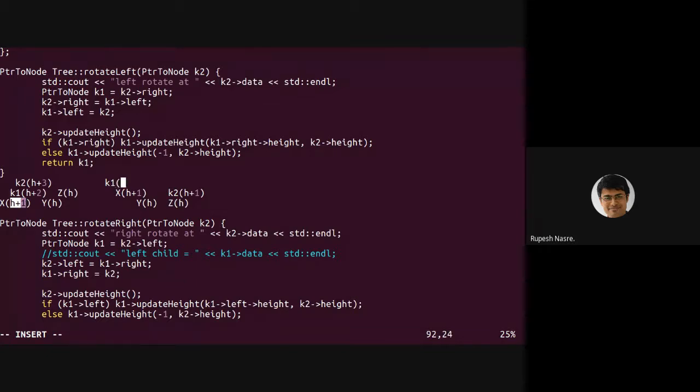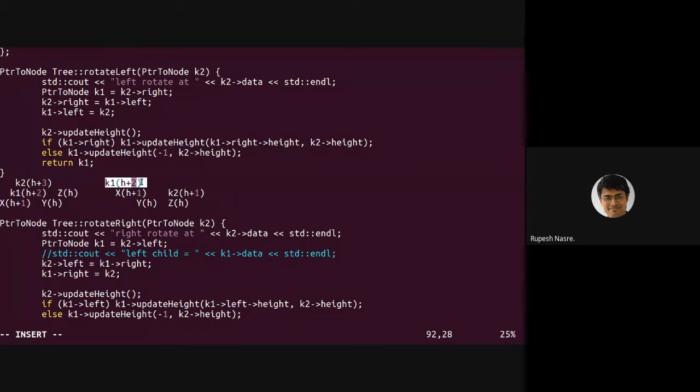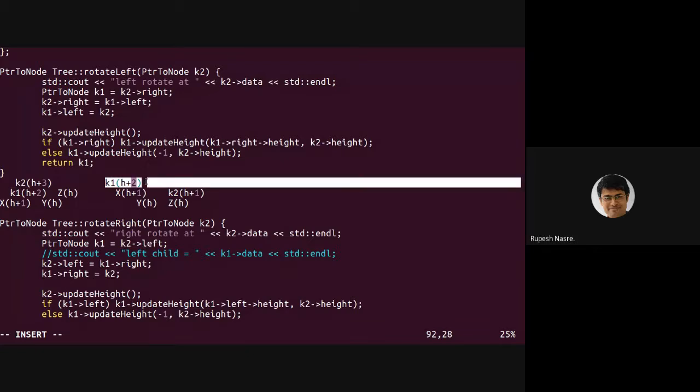K1 now becomes at height h plus 2, which is balanced on both sides, and, equally importantly, it is at the same height. So this subtree rooted at K1 is at the same height as it was before this value was inserted in X, because the subtree rooted at K2 was at height h plus 2, and that is what we are bringing back. Therefore no further update is required above this subtree.